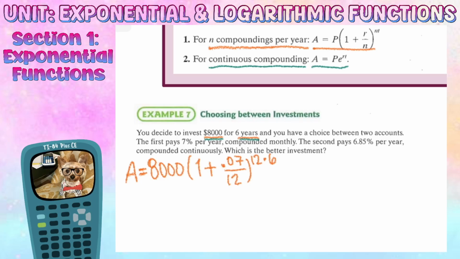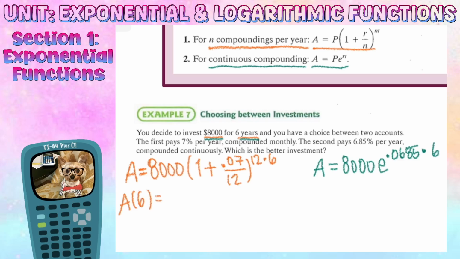The second pays, and if you look, it's a different interest rate, 6.85% per year compounded continuously. So A equals P E to the RT. P is still 8,000. E is just E raised to the R, 0.0685, E to the RT, and T is time, still 6 years. So there we go. I'm going to label it in the next part, A of 6 equals,